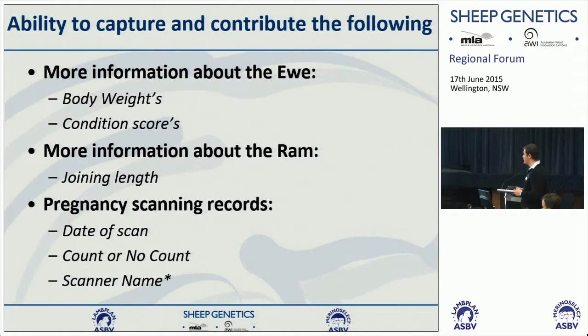So how long was she joined for? How long was the ram out for? It's a pretty key aspect for people doing accelerated lambing. A lot of Dorper people might be joining twice a year and wanting to record how long they've put their rams out for. So this is helping us paint a picture of how that ewe has performed, or what opportunities she's missed or taken up